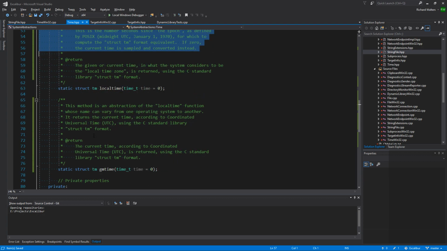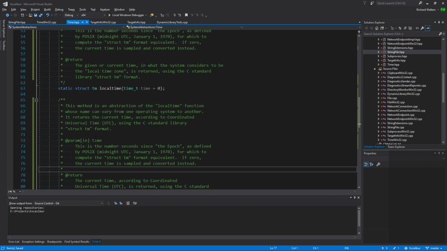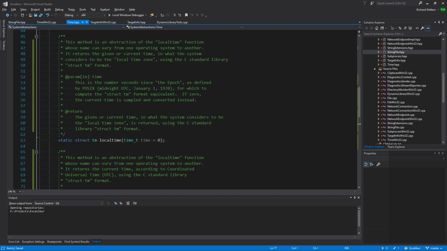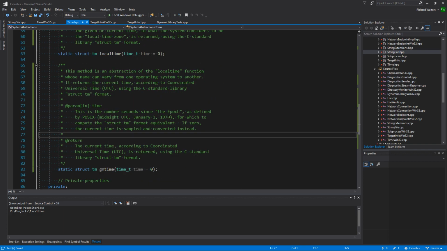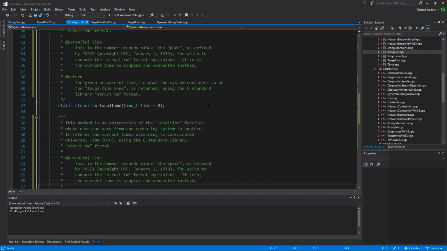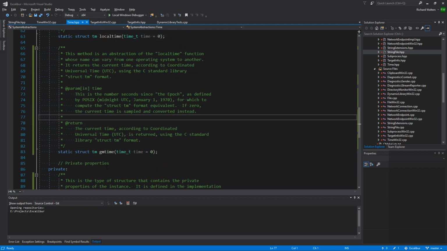We have to add this anyway. It's number 6. Oh, we should say that this is local and the other one's UTC. Actually, no. The time value is always UTC. So if you were to sample the current time through the time function of the C standard library and pass the same value to both localtime and gmtime, and subtract them, you should get the